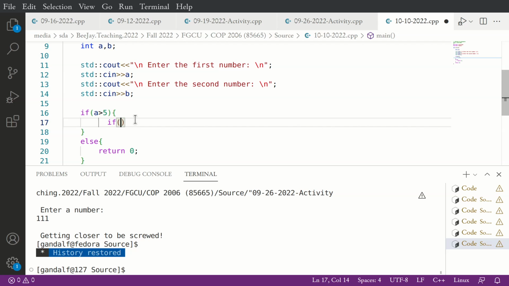If a is greater than 5, I'm going to test to see, yes? First off, it's messy, right? Because you have if within if within if. Second, in terms of debugging, if something goes wrong, you wouldn't know which if. It requires a lot of experience.